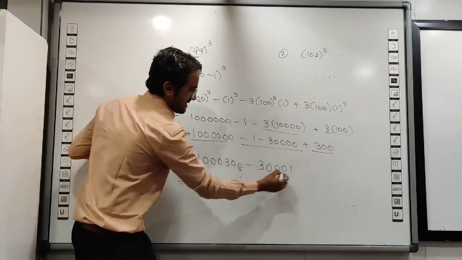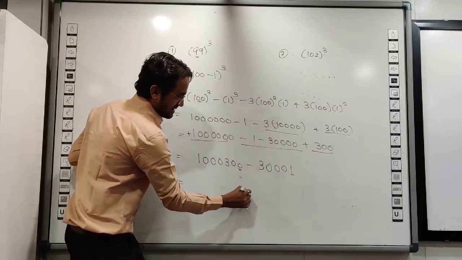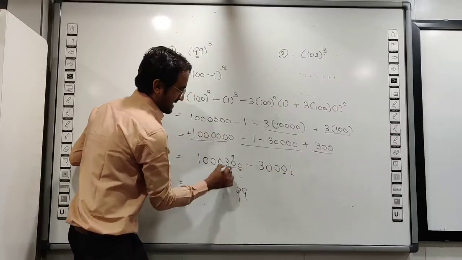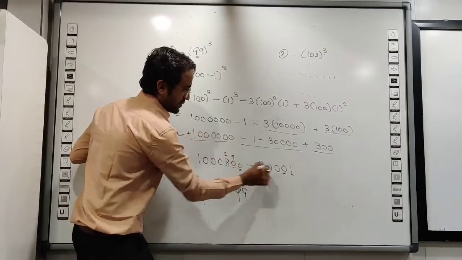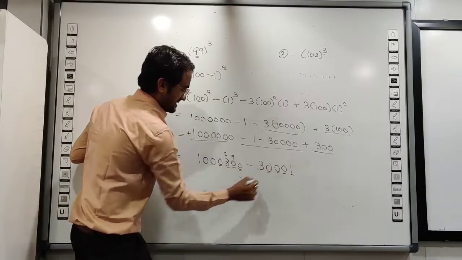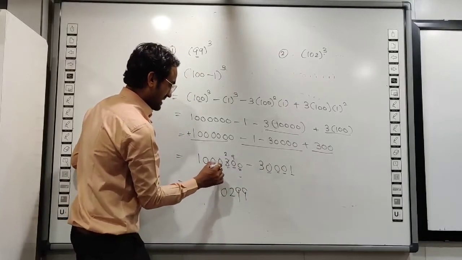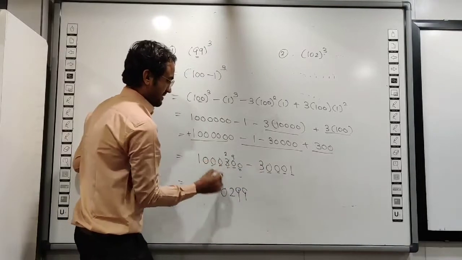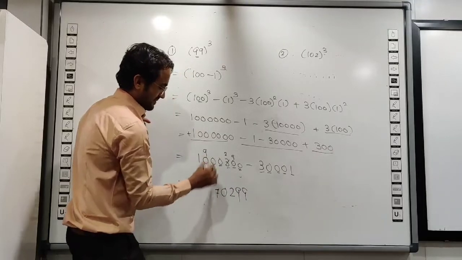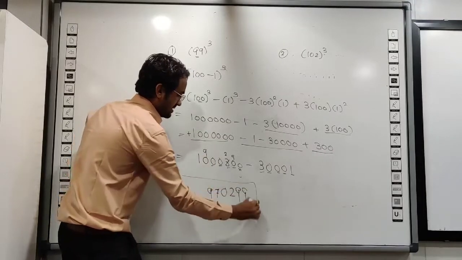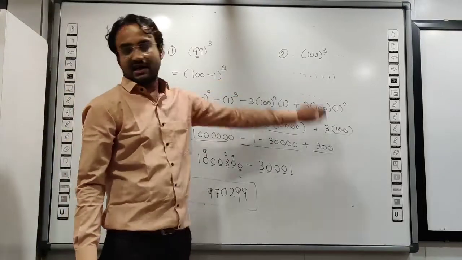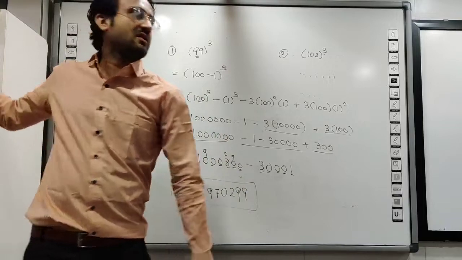Right? Now I will subtract these two. So here 0 minus 1, 10 minus 1, 9. Here what is remaining? 9. 9 minus 0, 9. Here it will become 2. 2 minus 0, 2. Right? 0 minus 0, 0. Clear? Now 0 minus 3 means 10 minus 3, 7. Here it will become 9. So what is your answer? This one is your answer.